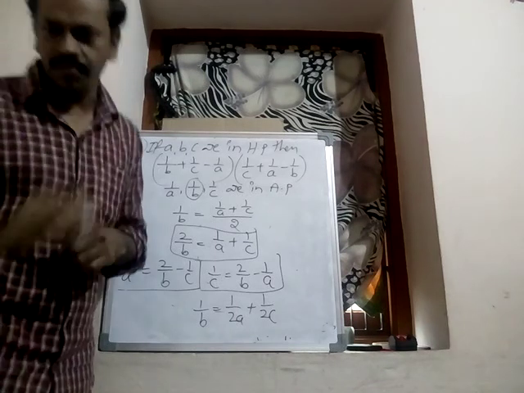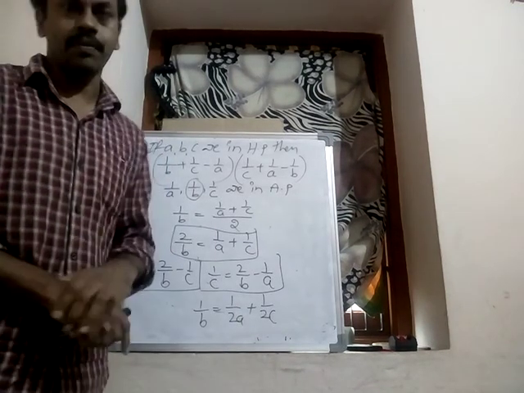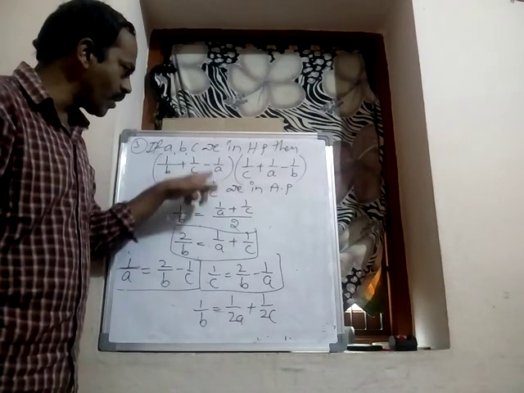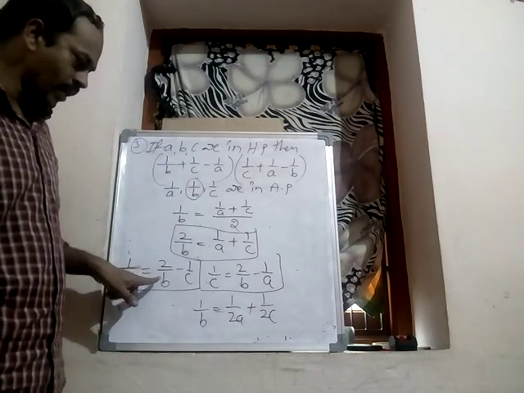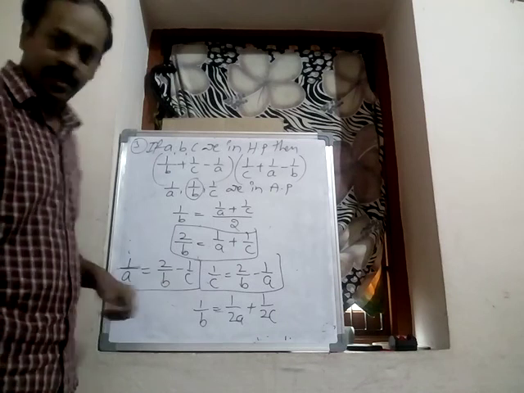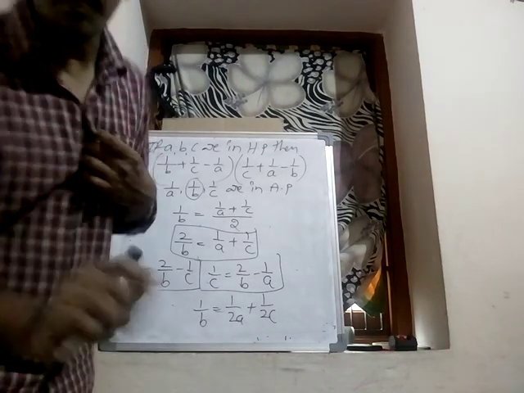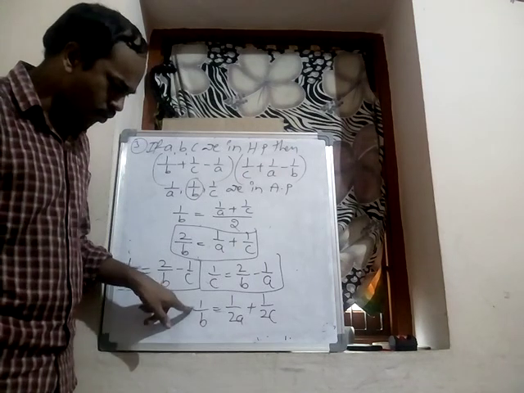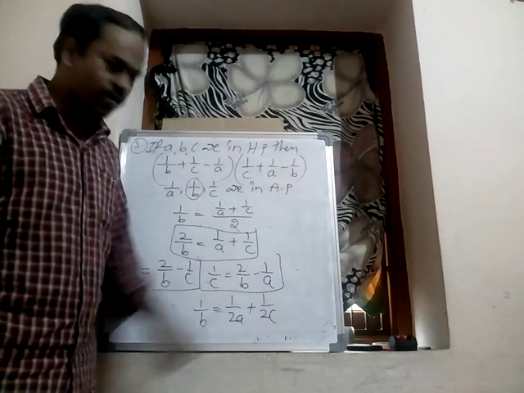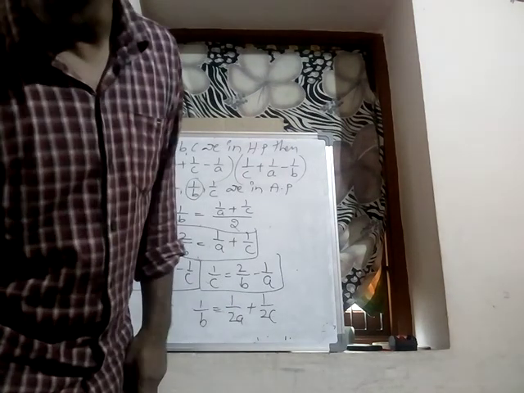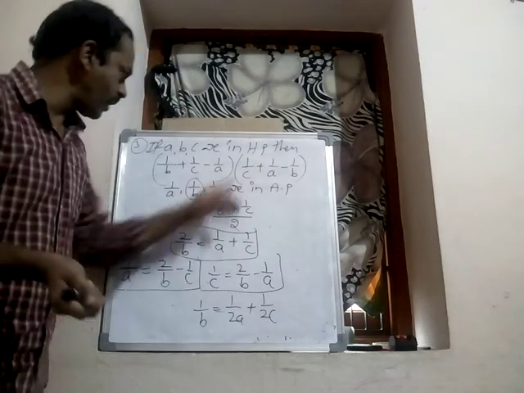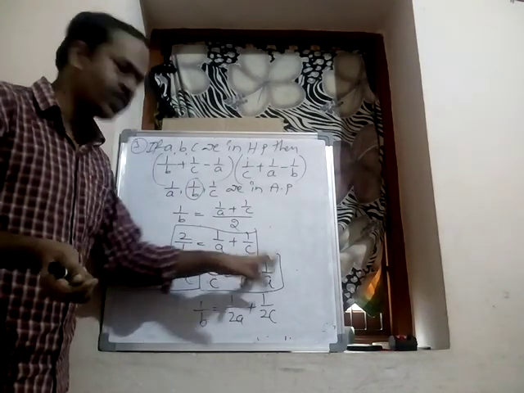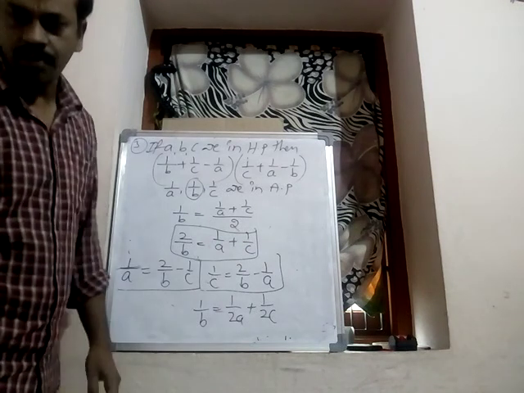Okay, so these values are substituted, then we check option A, option B. Now observe the first option, there is no a term. So first we have to remove the a term. So in place of 1/a, take the value of 1/a in terms of b and c. Second option, there is no b. So in place of 1/b, take the value 1/2a + 1/2c. In the third option there is no c. So in place of 1/c, take 1/c equal to 2/b - 1/a. Okay, so first we have to check the first one.